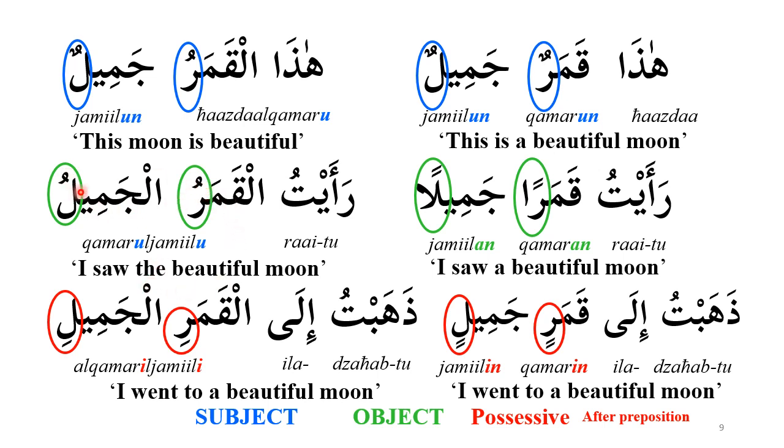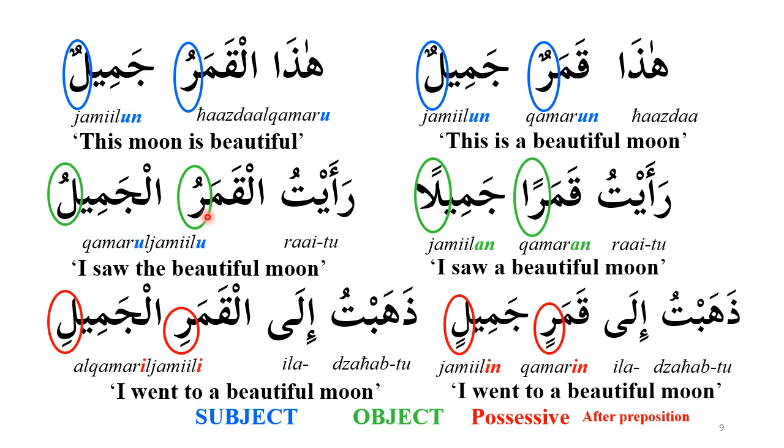Here see, although this is saying, oh sorry, there is a mistake here. This should actually be a fatha, because ra'aitu means I saw. Here the subject is I saw, and so it should be al-qamaral jamīla, because it is an object. It is an object, so it must have a fatha. Okay, and so to avoid this confusion, I have put this green sign to indicate this case,